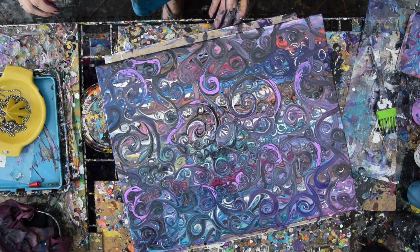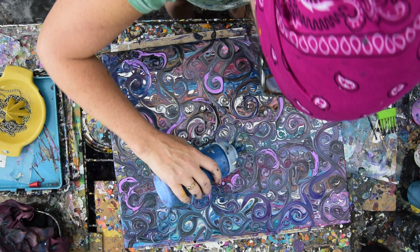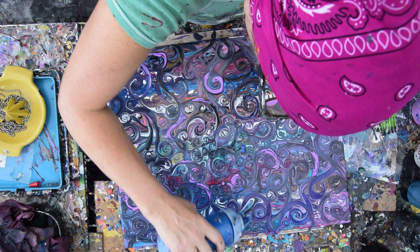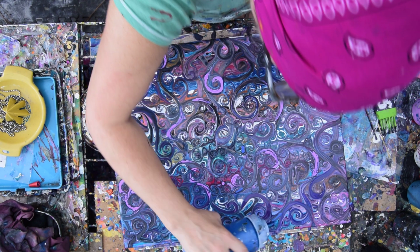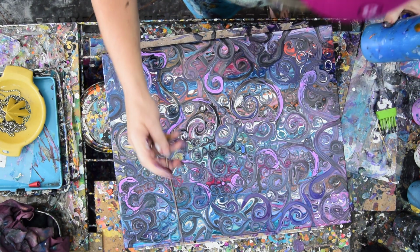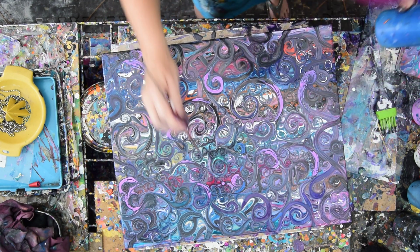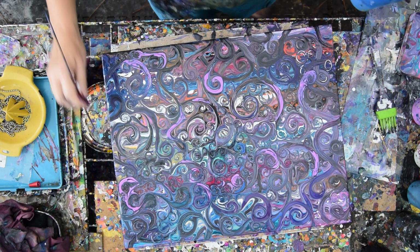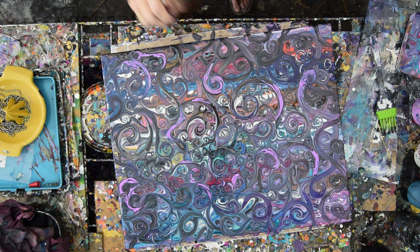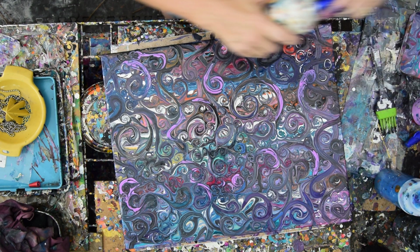So the only thing left for me to decide is if I want to put that blue in, and I do. And because the paint wasn't as thick as it has been recently, I could probably do whatever I want, which I'm inclined to just try the white pearl just to see if it stays on the surface or if it sinks. So, being that we got 4 minutes left, and I was not expecting to spend another 17 minutes on this, but since we're here, and you're here,